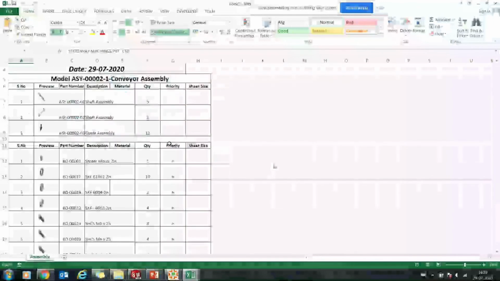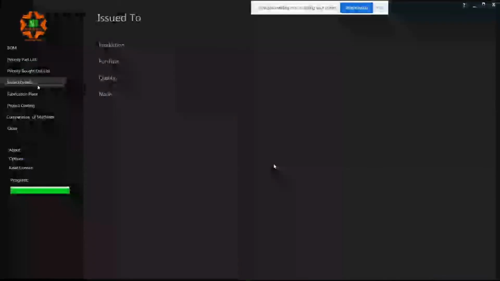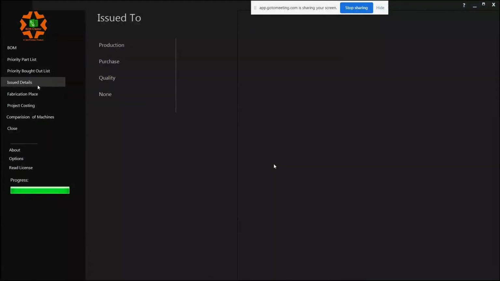Let's go further. The next interesting feature is the issue details. Issue details is nothing but the drawing tracking details. We have been discussing during the presentation, right? The designer releases the drawing, the production department comes back, they say they haven't received the drawing,